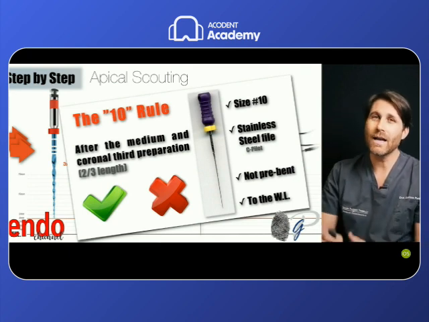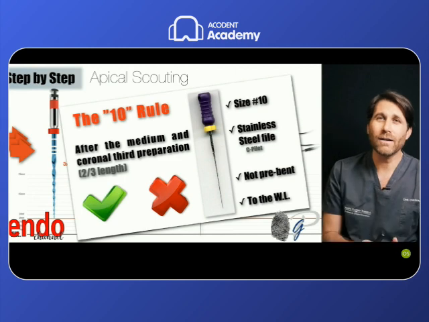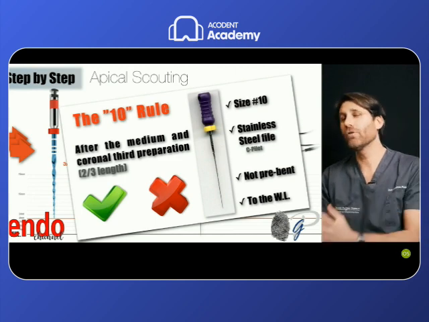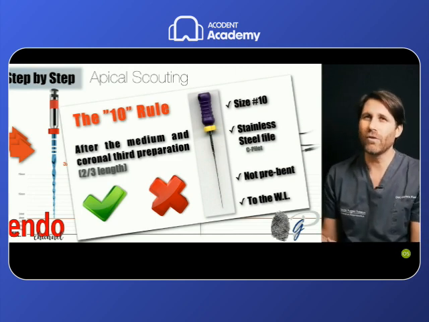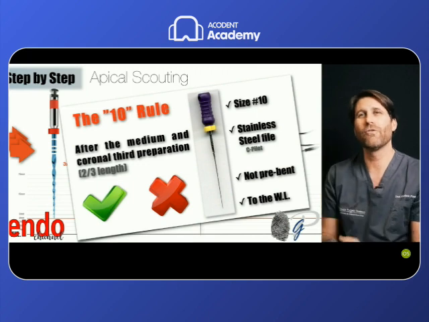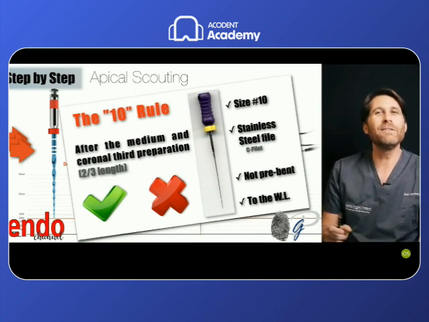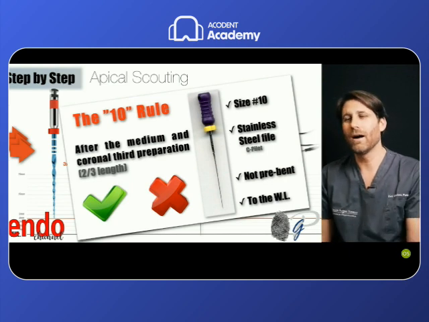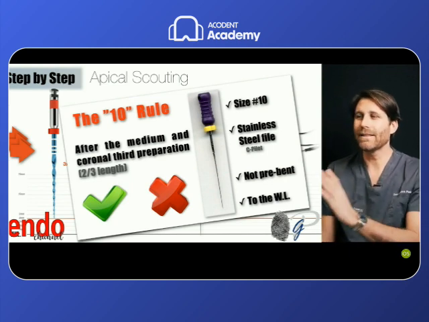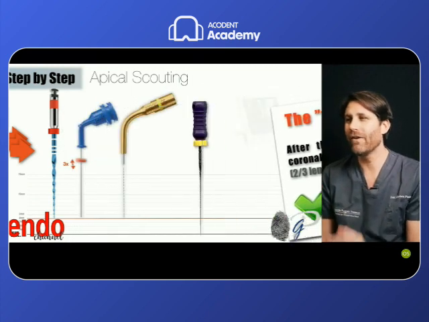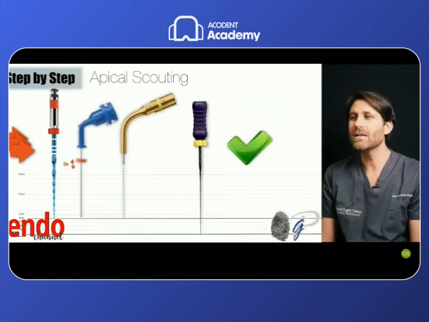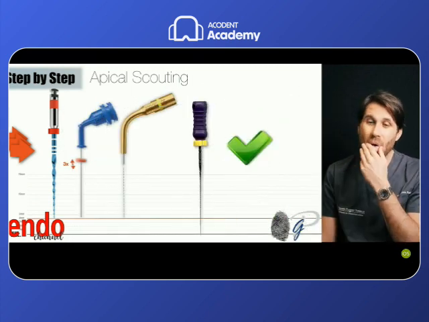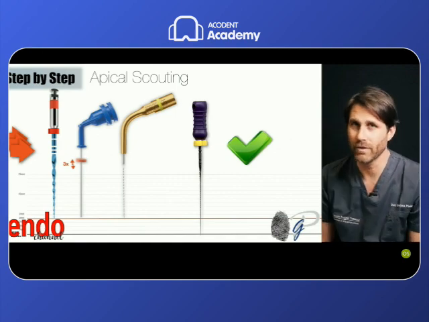So in these canals in which we have a coronal difficulty to the scouting, in most of the cases we have solved it. In some small percentage of cases, the apical difficulty to scouting is summing to the coronal difficulty of scouting. But in most of the cases, a 10 stainless steel file reaches the working length, so then we can complete the preparation with the same instrument.